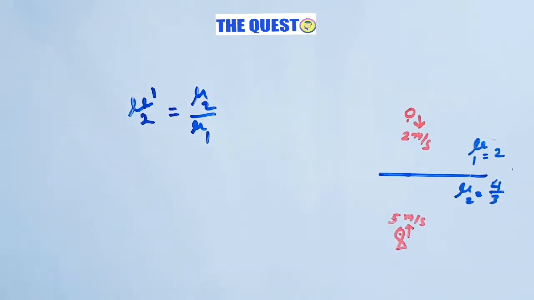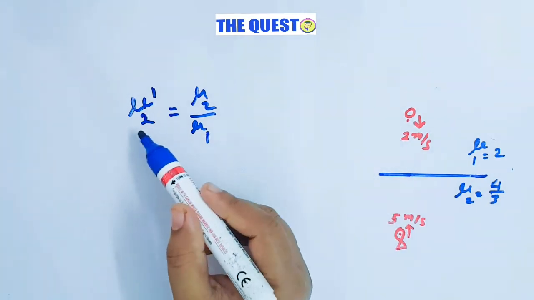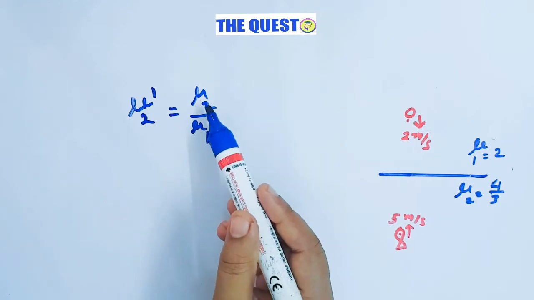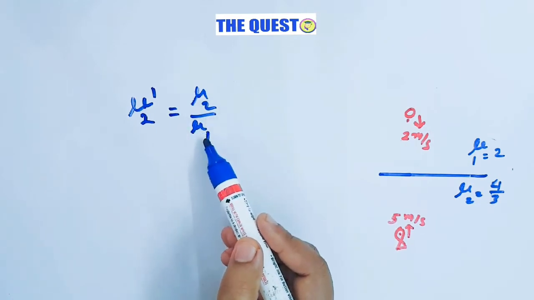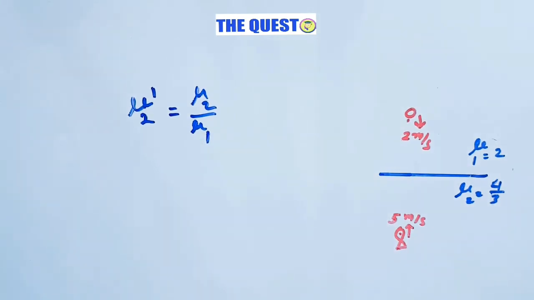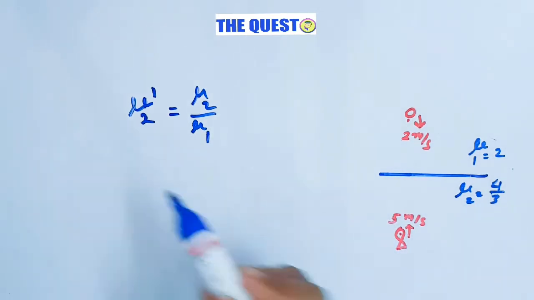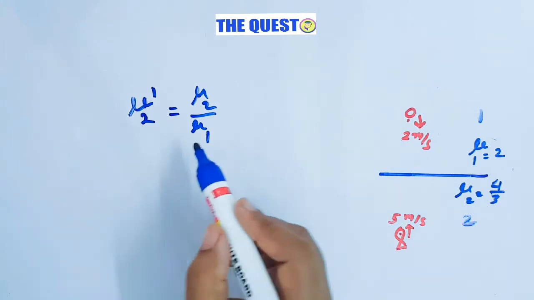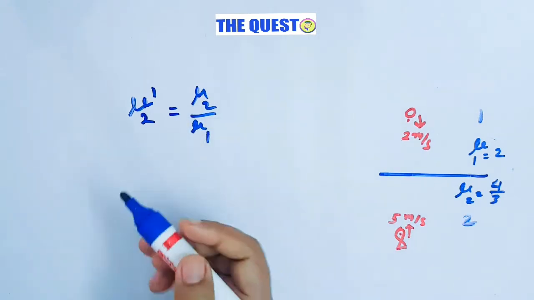So, to calculate it, we have to know the refractive index of the second medium with respect to the first medium, which is equal to the ratio between the refractive index of the second medium to the refractive index of the first medium, as light has to pass from the object to the fish so as to make it visible. Then the refractive index of the second medium with respect to the first medium will be given by this mu2 by mu1.